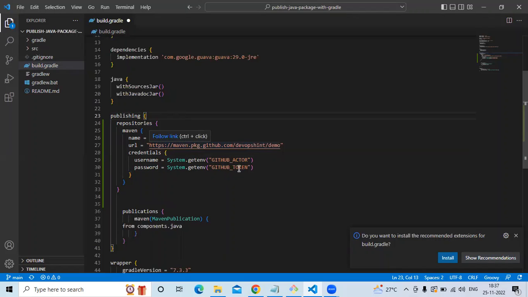Okay, so now here you need to change this. This is your organization name and this is your repository name. So our repository name is publish Java package with Gradle. Okay, so that's our repository name. Okay, now here this is our username and this is our token. Okay, now it's correct. Now let's save this file